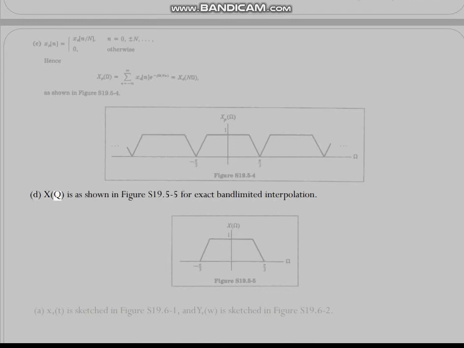D. X(e^jω) is as shown in figure S19.5-5 for exact band-limited interpolation. S19.6 A. X(jω) is sketched in figure S19.6-1, and Y(jω)